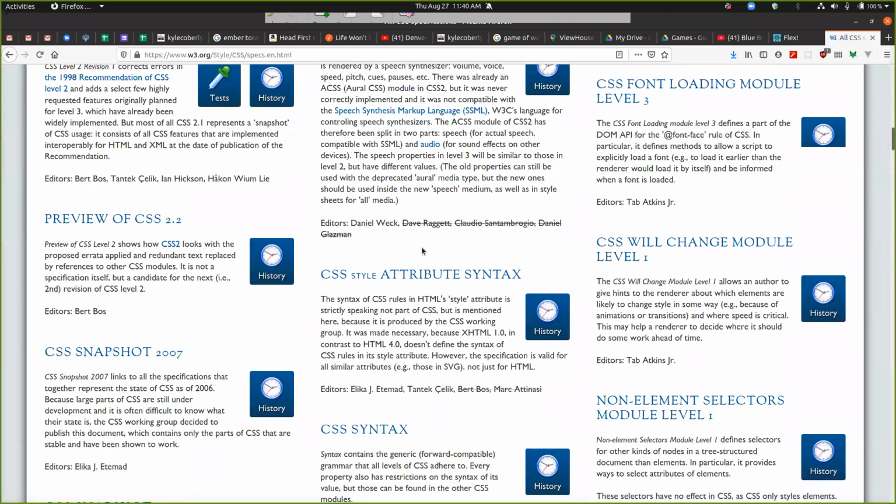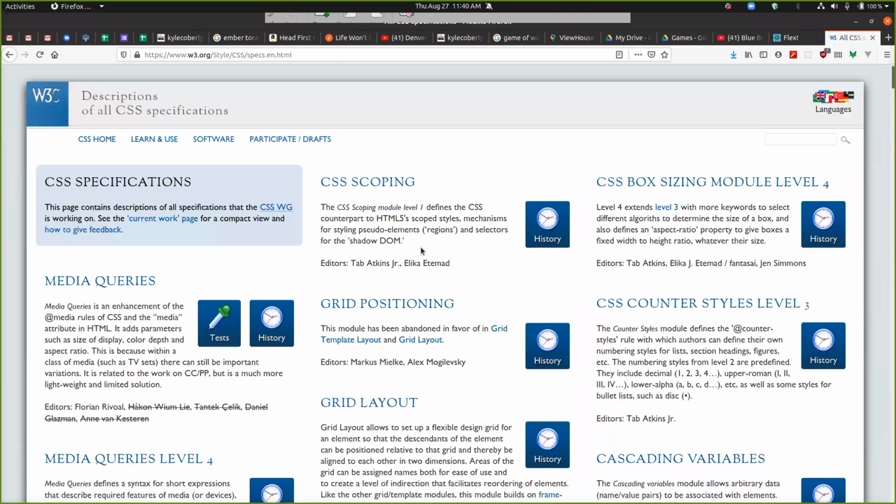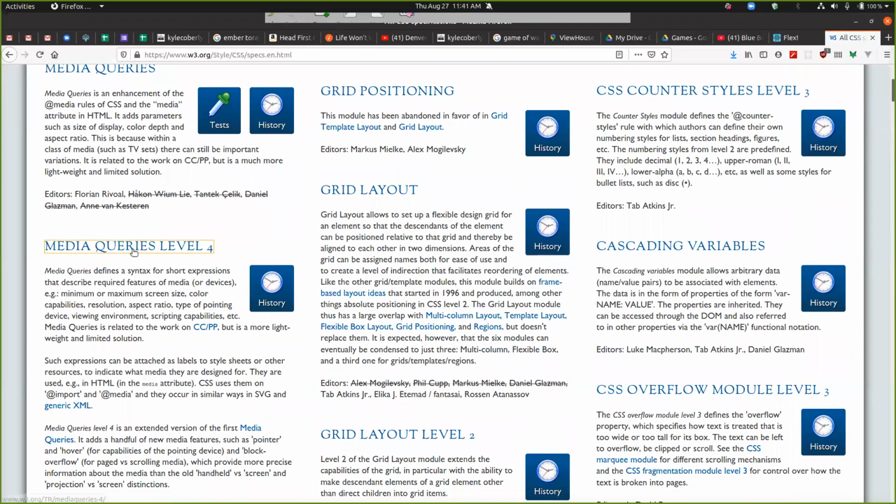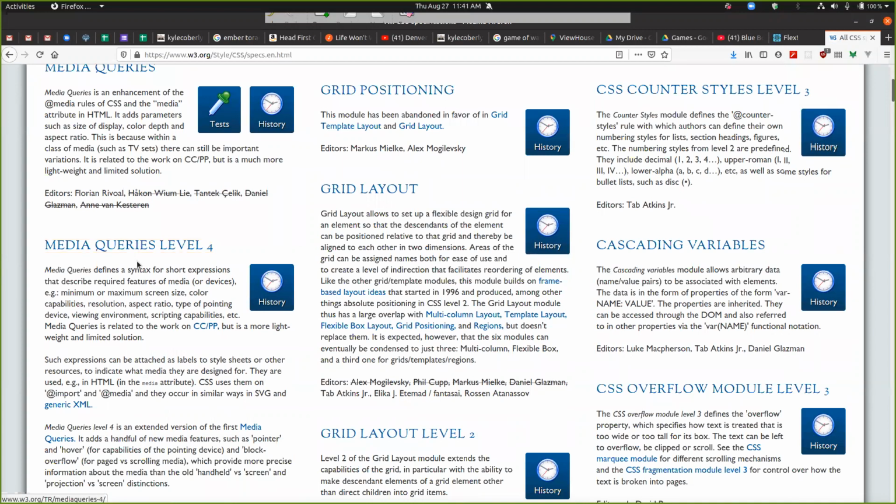These are all the specs, but it doesn't have the different teams on them. So like box sizing, this is a good one. All the level 3 stuff came out as part of CSS3, but whoever is in charge of box sizing released an update since then. Media queries got an update. The latest one,